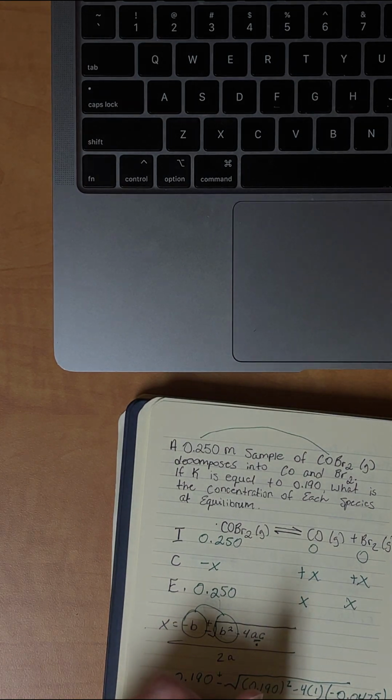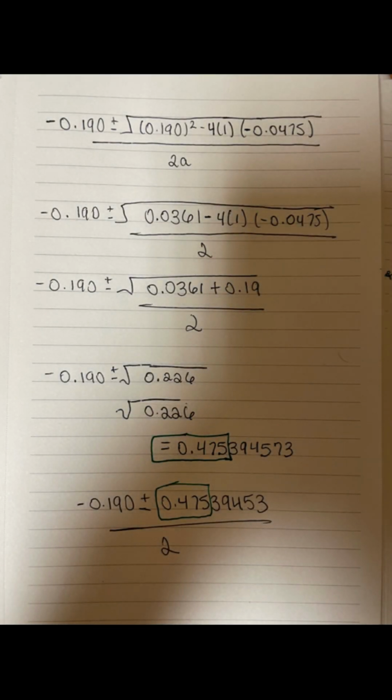Hi guys, so I didn't realize that my camera was not recording the bottom half of my notebook. However, here's a picture to go off of, and I'm going to explain it to you all right now. So what I did is I took the value of 0.190 in parentheses that is squared and did that value first. However, do not square root it, just simply square it, and that should give you 0.190 raised to the second power, and that's going to give you the value of